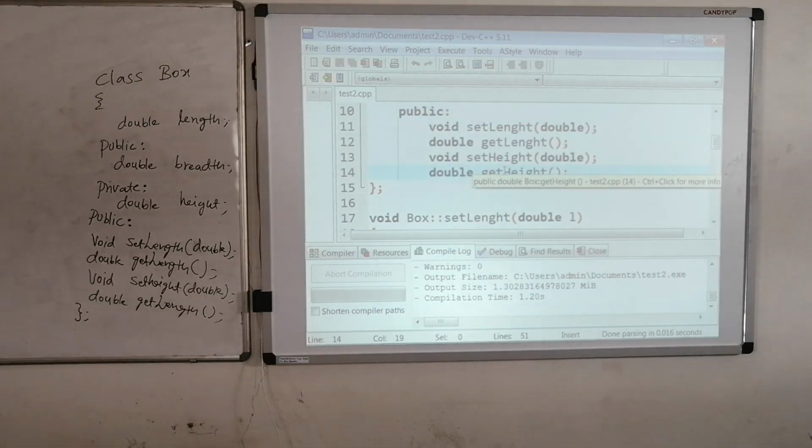As far as protected members are concerned, we will see them in the concept of inheritance. Right now we are not discussing inheritance; in upcoming classes, when I explain inheritance, we will see how the protected access modifier helps us.